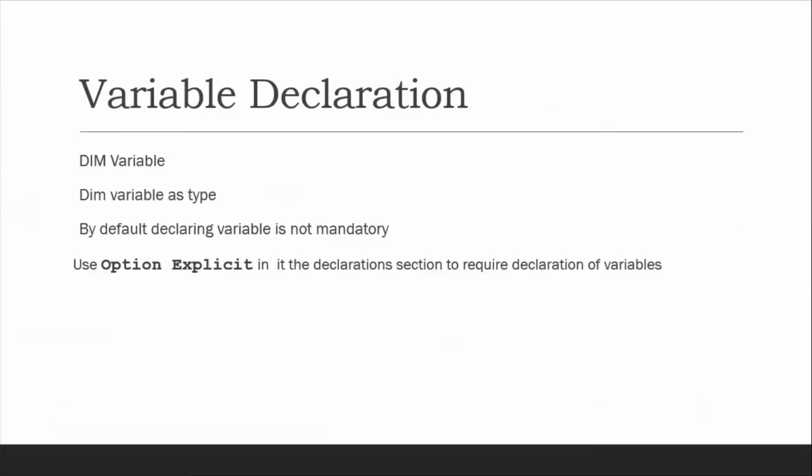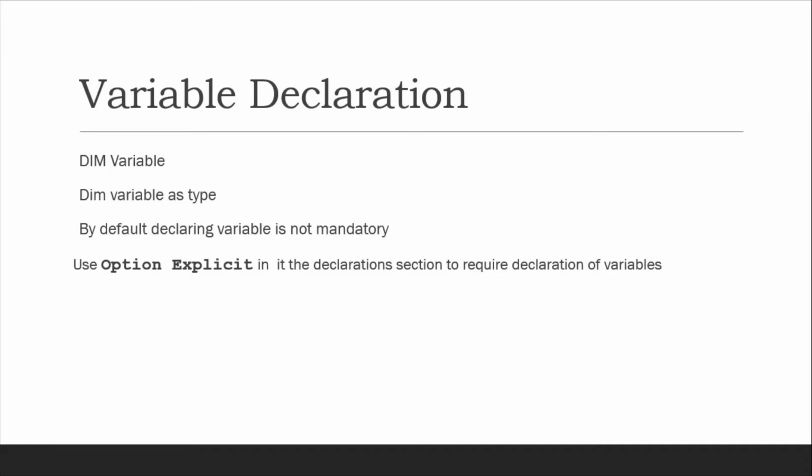In the last tutorial, number 9, we learned about variables, how to declare them and how to use them. We talked about Dim variable, Dim variable as type. Is it Dim I as Integer? Dim I, we can declare it like this. There are two ways. Here we define the type also. So we are telling the computer that this is the name of the variable that we have declared.